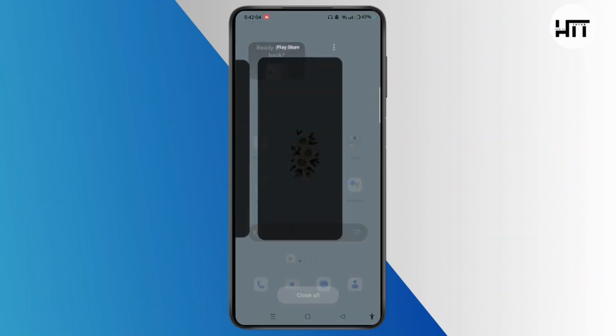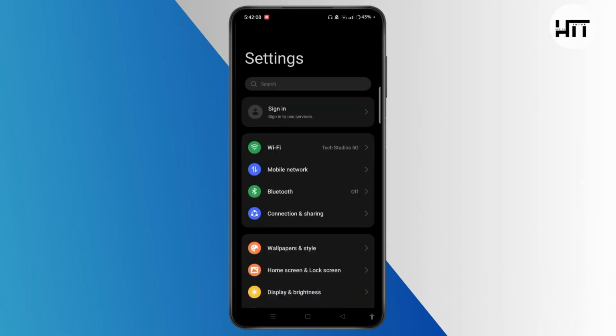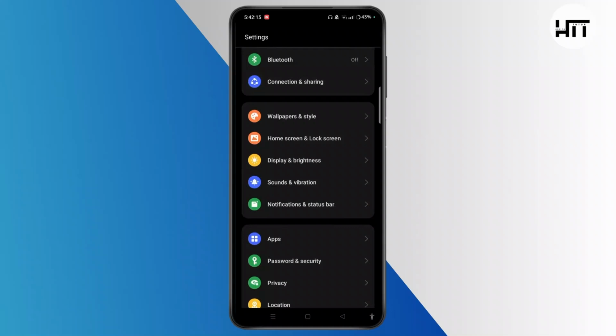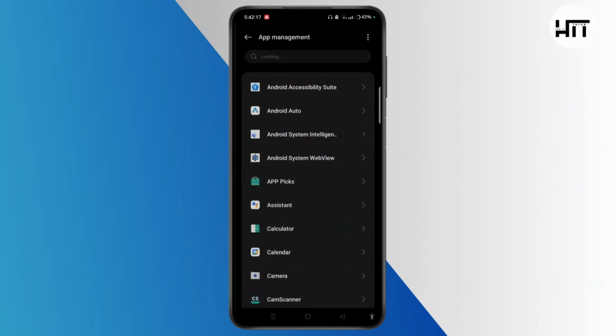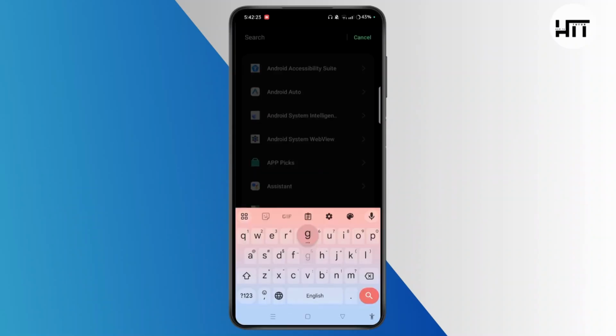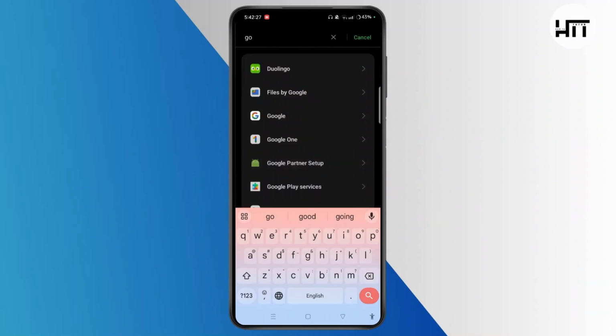Exit from this page and then close all of this. Open settings. Scroll down and then locate apps. Open it. Select app management. Wait for a while until apps gets loaded here and then tap search bar at top. Type in Google Play Store and here you need to locate Google Play Store and then search for or open